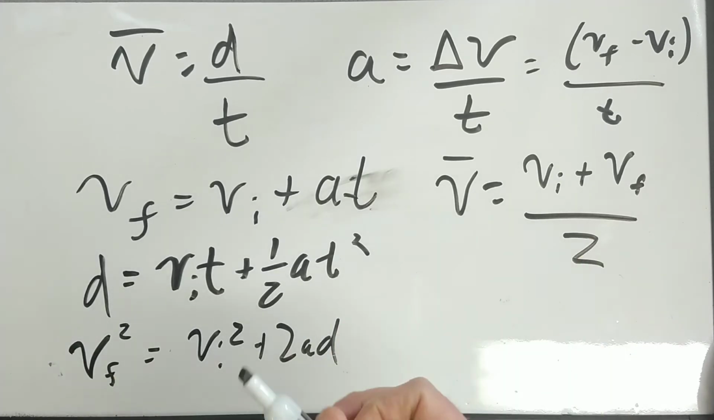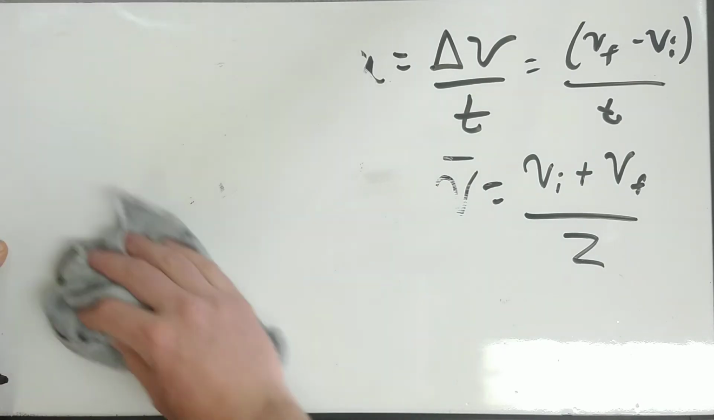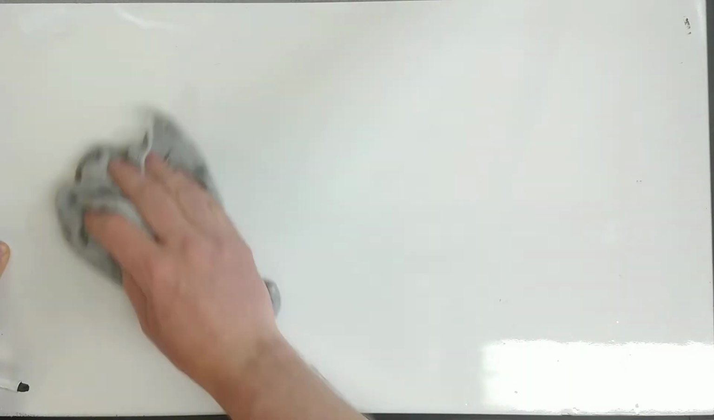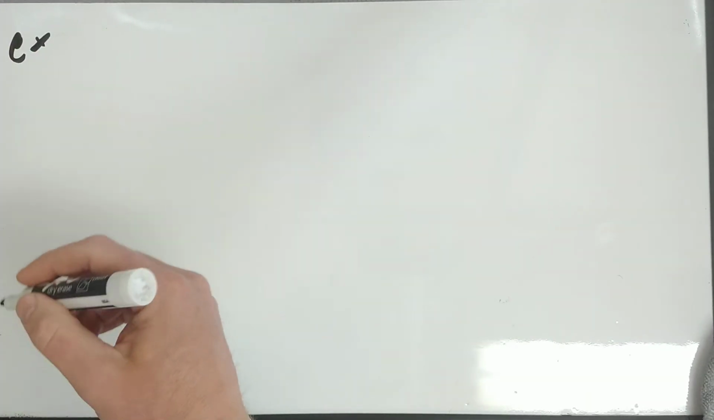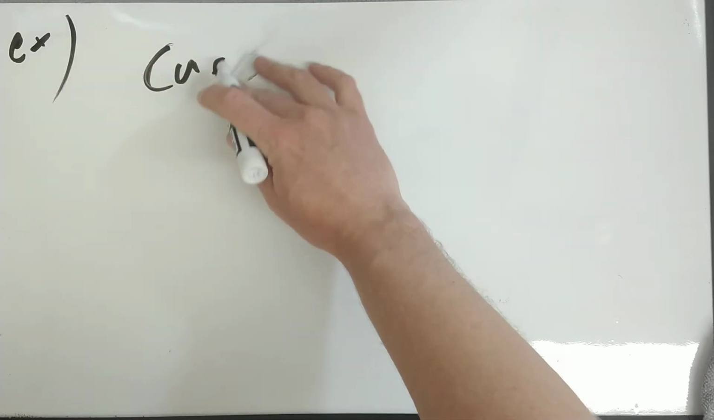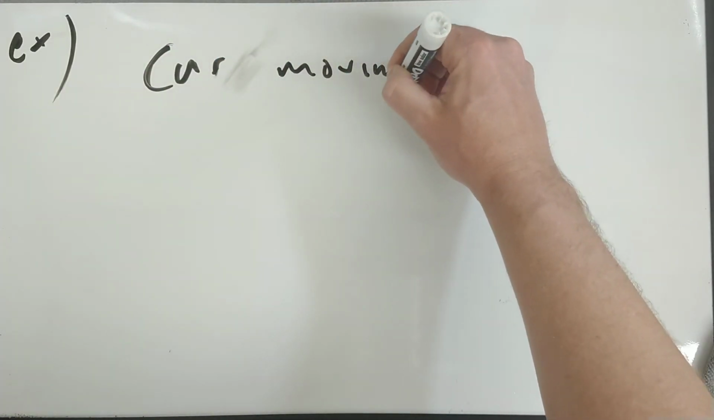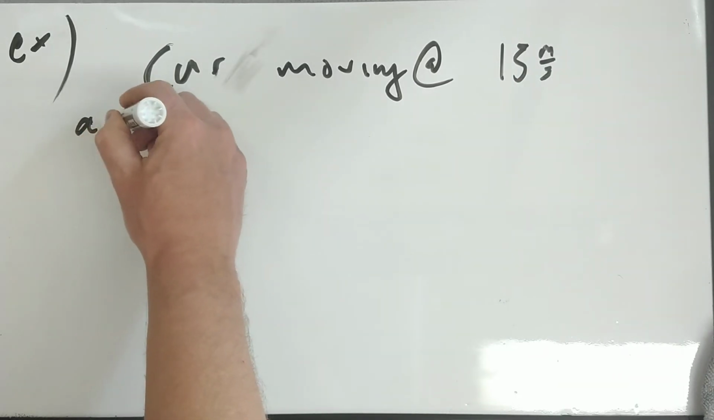That's just average velocity. So let's just look at an example really quick of a word problem, which are very common. These word problems have to be very quick. We've got to be able to do these very quickly. Let's do something kind of wacky. Let's say we have a car moving at 15 meters per second, accelerates